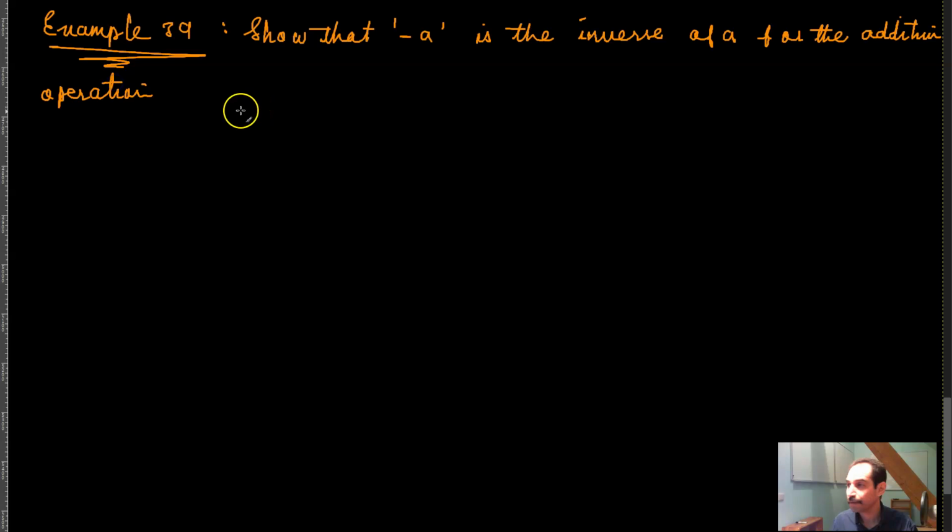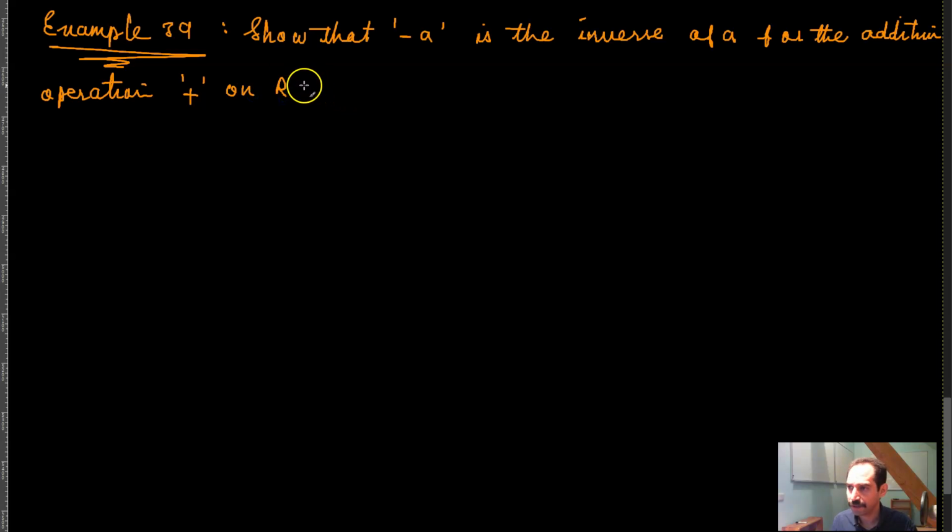Example number 39: show that negative A is the inverse of A for the addition operation on R,